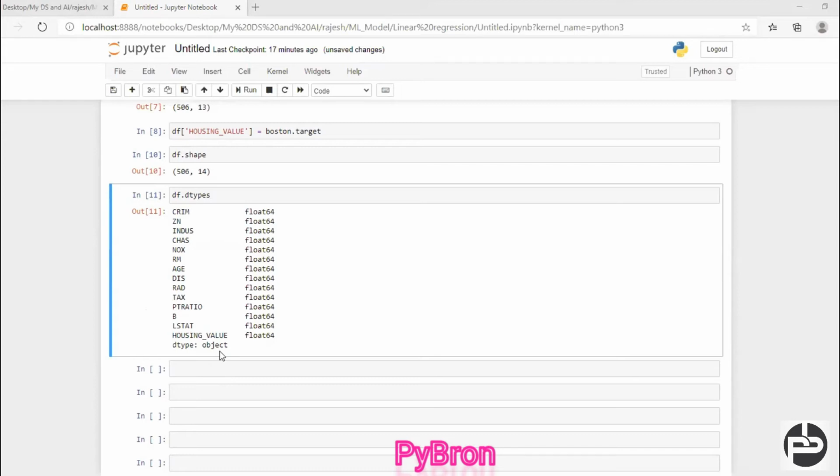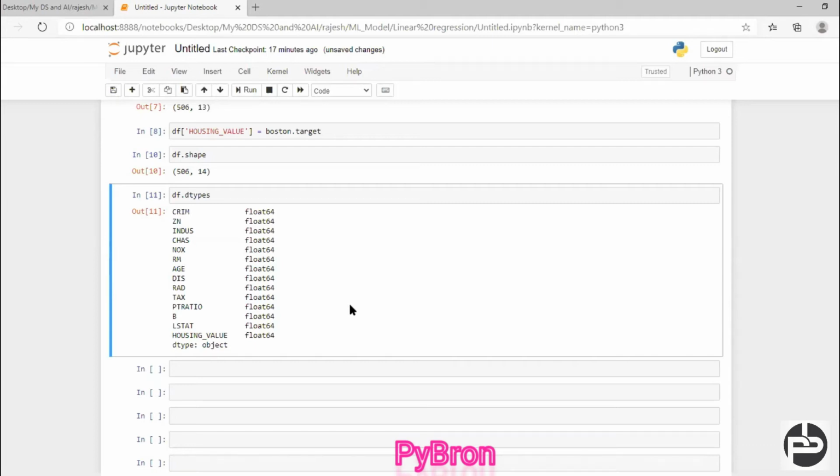So guys, one thing I would like to highlight: if you are going to apply any machine learning algorithm, the first job you have to do is convert all the categorical data into either float or integer data types, because the machine will not understand names like xyz. The machine will only understand 1 and 0 or numbers. So it is your responsibility as a data scientist, as a machine learner, to convert your data type into numbers.